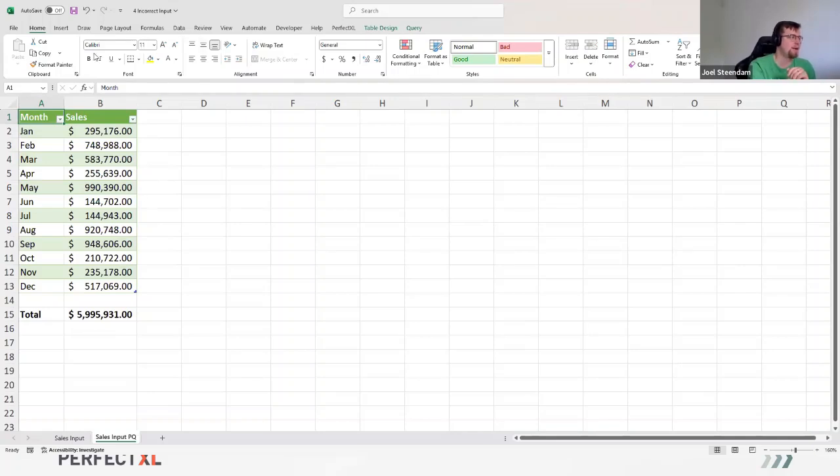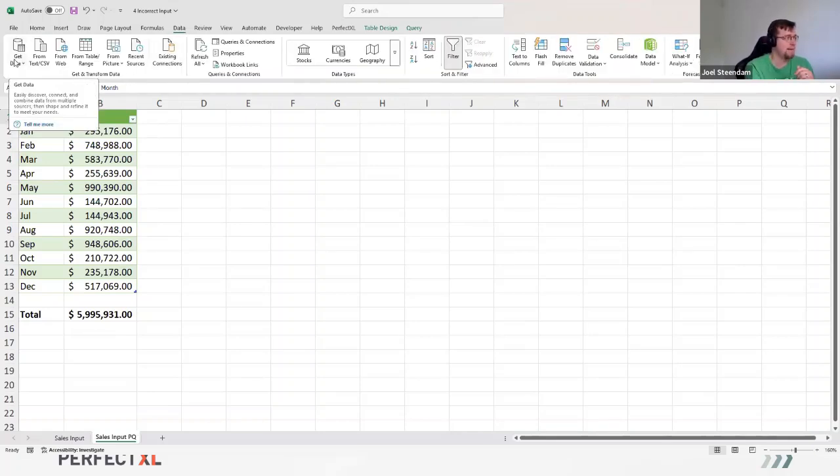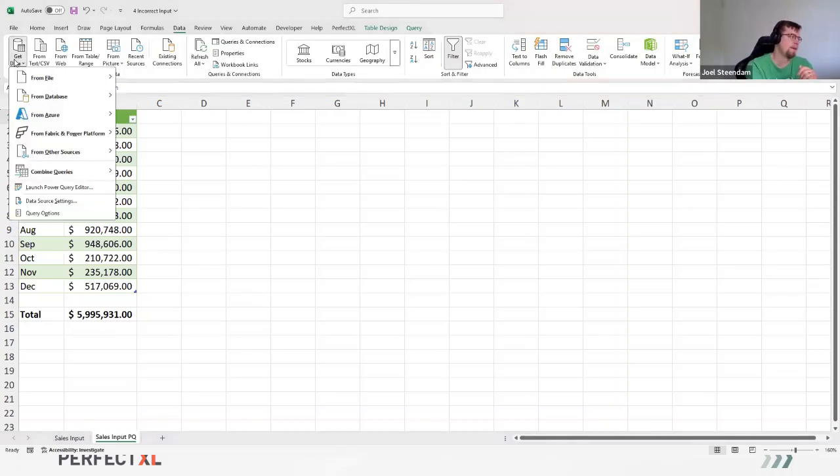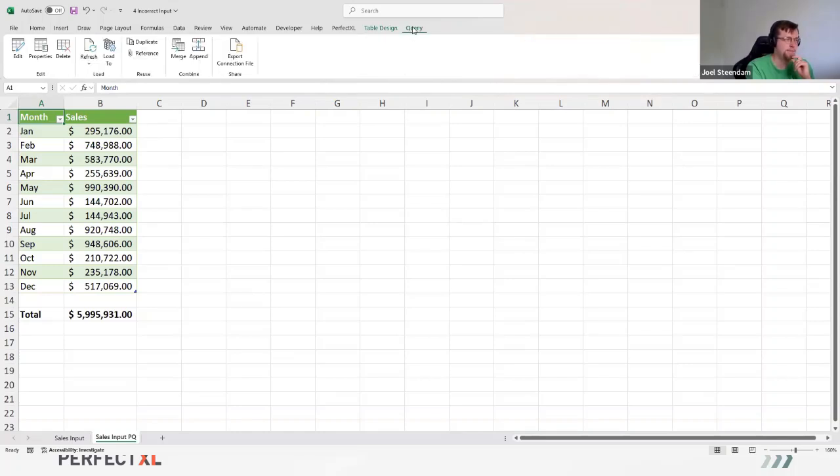Under the Data tab, there is a possibility to get data from different places. You could be pulling it in from a database, from an Azure framework, from a file somewhere. It could just be a text file or an Excel file. In this case, we've got some information being pulled in from an Excel file. I can see here, if I go to edit queries,